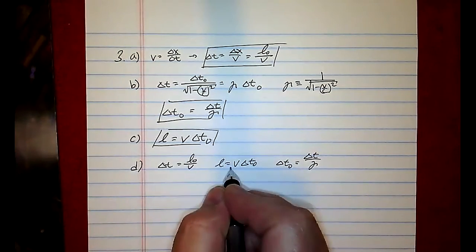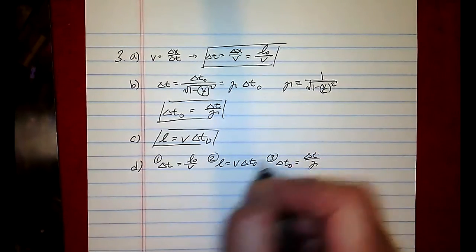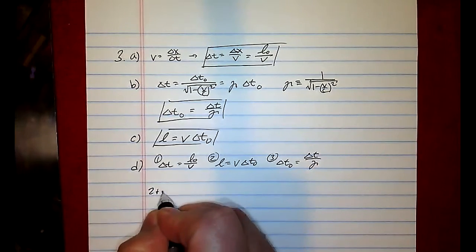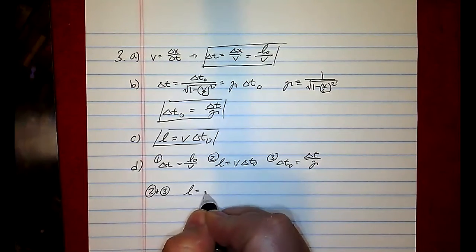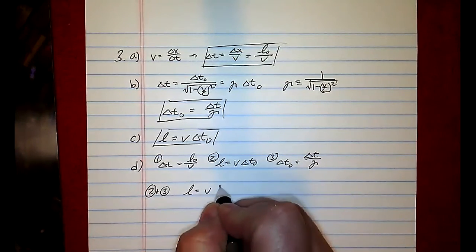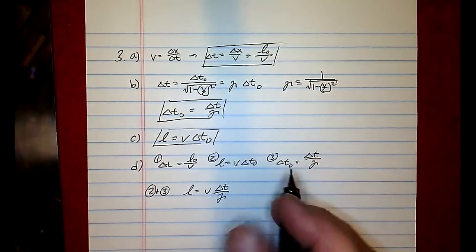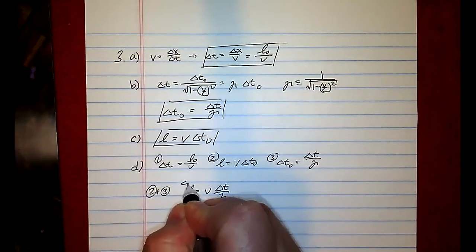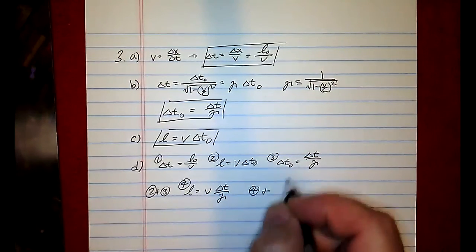So, let's call these 1, 2, and 3. If I combine 2 and 3, then I will get L is equal to V times, now delta t 0 is delta t over gamma. Now, I'm going to call this one 4, and if I combine 4 and 1,